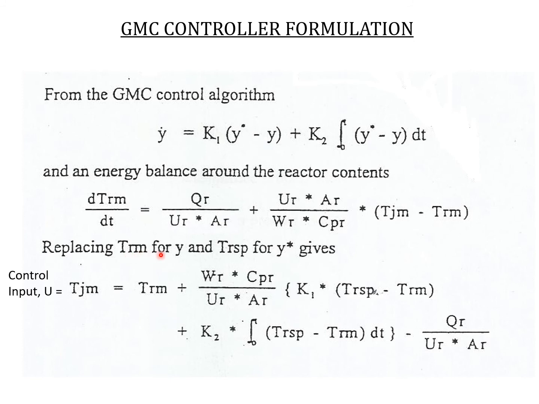And replacing TRM for Y, this is what we are going to do. Y is the actual temperature of the batch. That's Y, right? And TRS, the set point, is the Y set point. So we get this, and we will get the control input. Control input U, which is the TJM, the temperature of the jacket, right? And given this is the other side, you can get U directly here. So this is linear in control. The U is TJM. You can formulate U in terms of the other variables, which equals the right hand side,